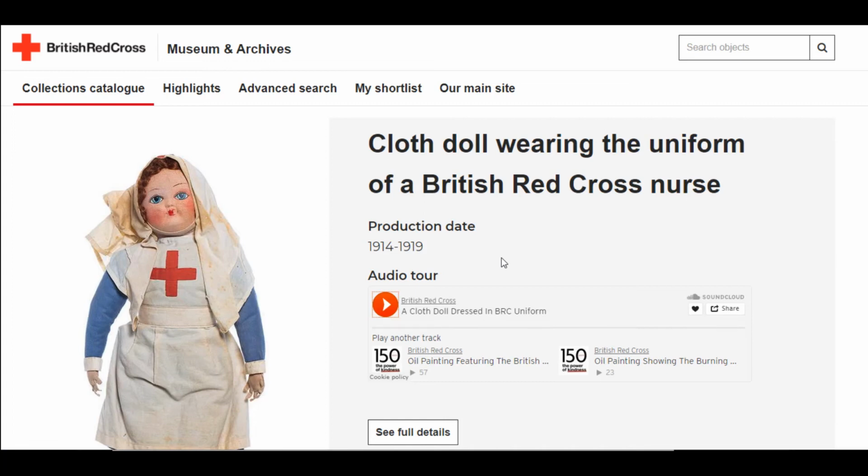There's two advantages of that. Firstly, we're able to make use of SoundCloud's impressive set of hardware to make sure that those audio files play in all kinds of different scenarios, different devices, and different speeds of internet connection. And it also provides another platform through which people will discover your content. So if people went directly to SoundCloud, they'll now be able to find some of that British Red Cross content.